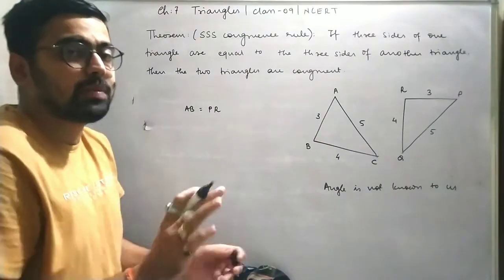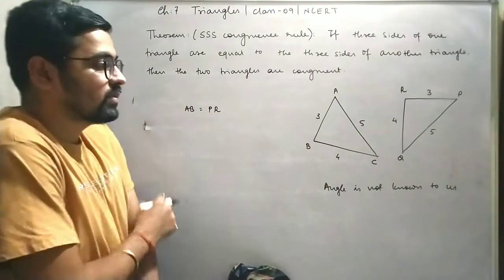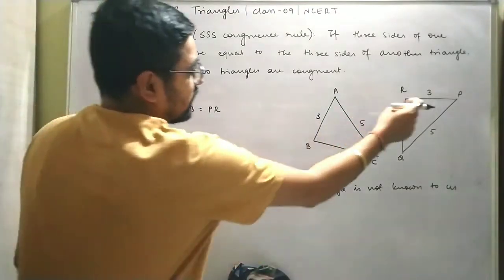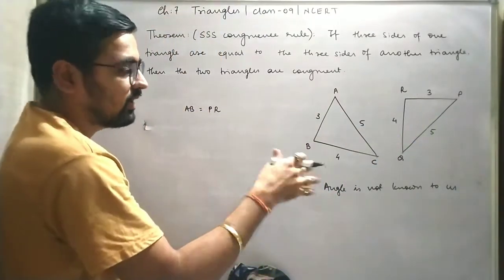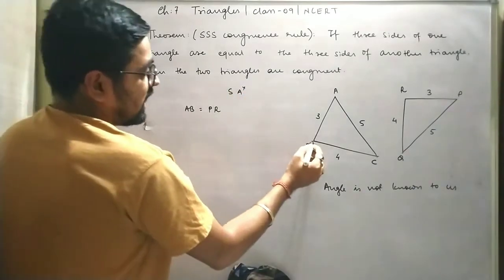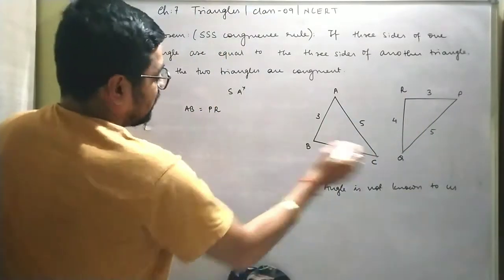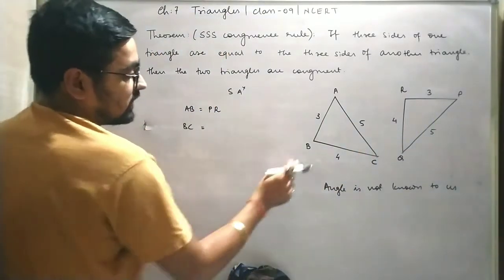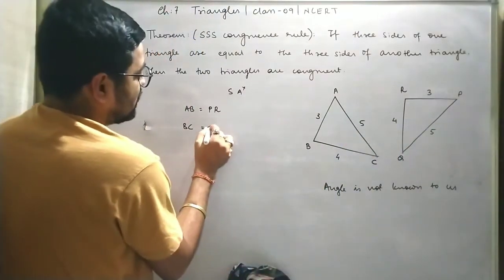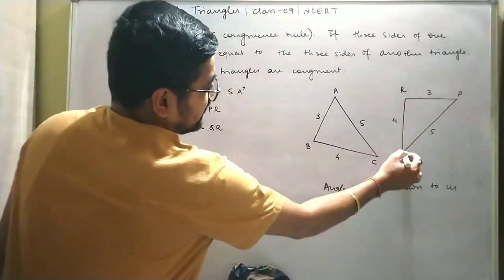We don't know even a single angle in either figure. We are just looking at the sides. That's it. So if I start with side AB, AB is correspondingly equal to PR. Then if I go for the angle, I don't know it. Side I know, angle I don't. Then I will go from B to C, because I reached B and here I reached R. That is a distance of 4 units. Same way, from R to Q is a distance of 4 units. So let me say QR.